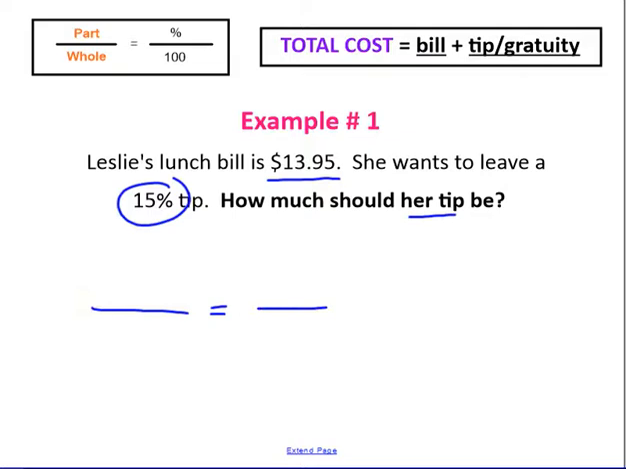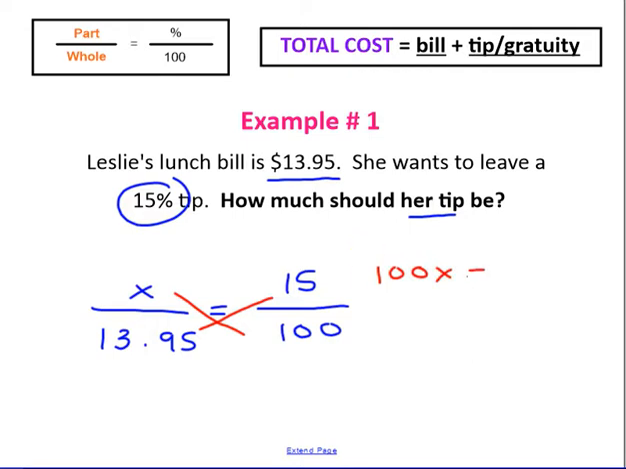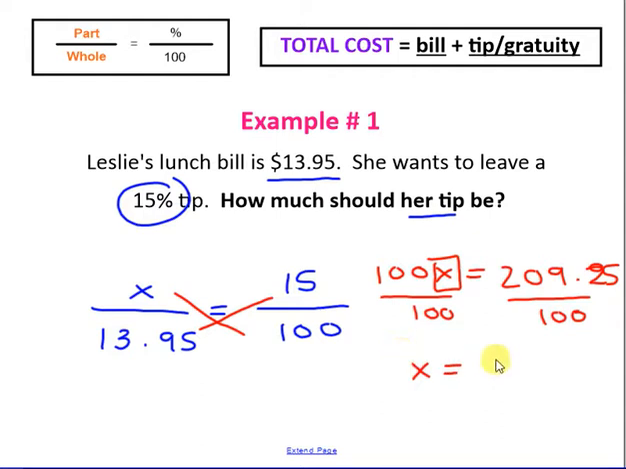So we're going to make a blank proportion. Our percentage is 15. That's going to go over 100. Now the whole lunch bill is $13.95, and our X is going to go right here because we're trying to find what the tip is. We're going to cross multiply. 100 times X is 100X, and then you're going to use your calculator to do 13.95 times 15, and you're going to get 209.25. Box your variable. Divide both sides by 100, and you're going to get X equals